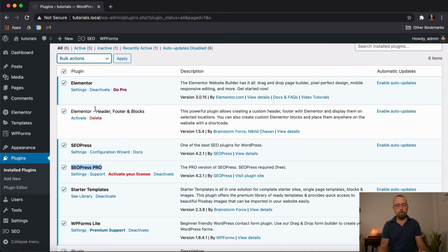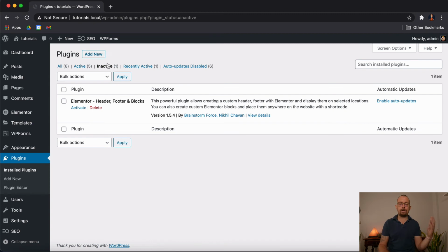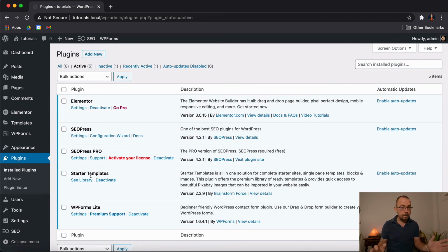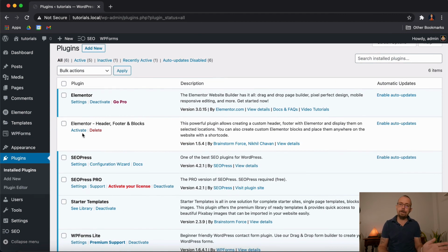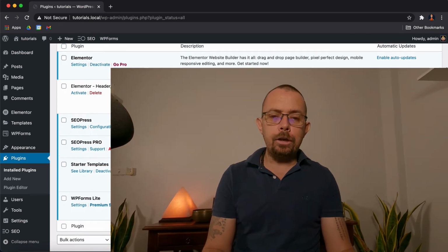You'll notice I have one plugin that's not active, so it's inactive. If I click on inactive, it just shows me the plugin that's inactive. This will show me the plugins that are all active. These ones will show me the ones with updates disabled, because some plugins you can set up where it automatically updates. I don't normally do that because I want to make sure, one, that the update is compatible with my latest version. So I like to come in and take control of that. And then if I come back to all, you'll notice here's all my plugins, whether they're active or inactive. So that's how you use plugins.